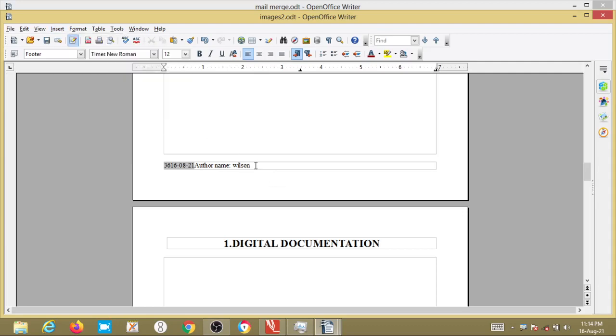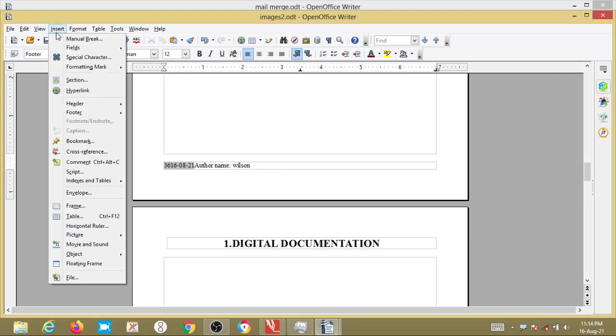Clear? Whatever we write as headers and footers will be visible on all the pages. Okay, that you know.